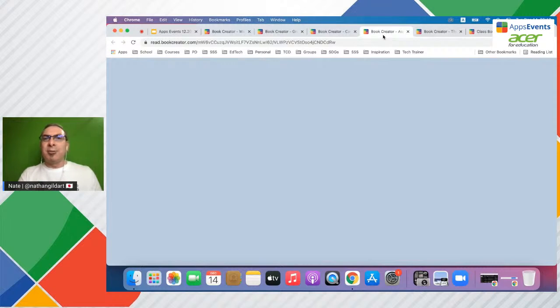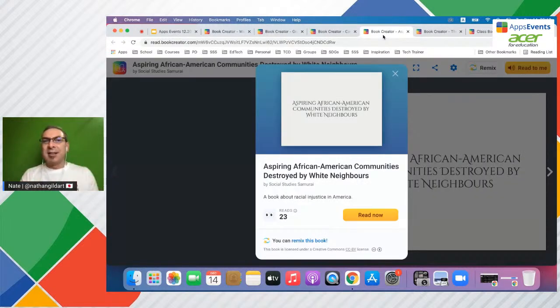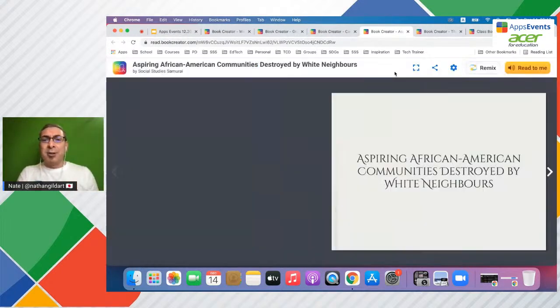Now, I want to show you a few other ones just to show a few features. When you open a book, you're going to see how many reads there have been. For example, this is one from my other account. I can see 23 people read this, and I didn't even push it out there. I made it public, but I haven't publicized it. If you're logged into your own account, it'll show you how many people have read your book. My last one with Halloween had something like 700 people read it within a week, which is cool.